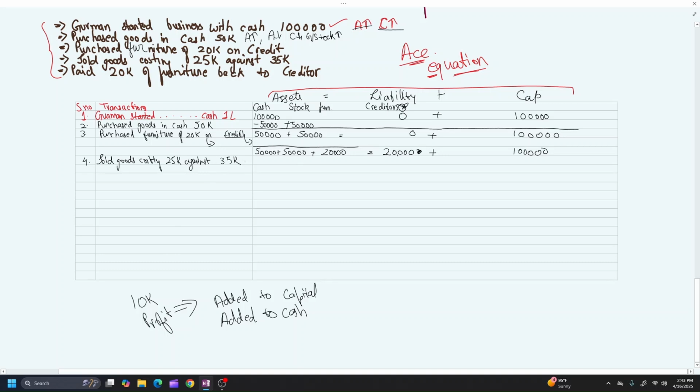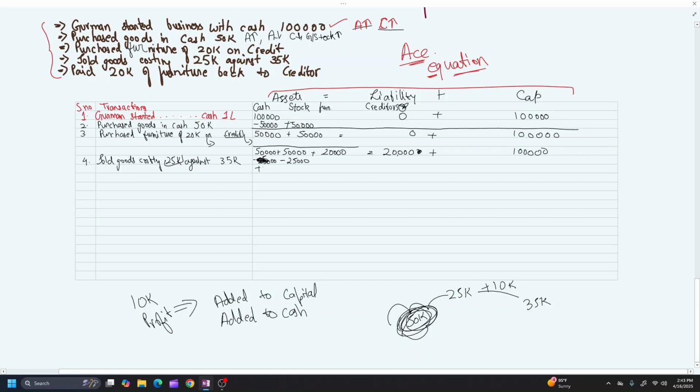But here the thing comes that for selling goods costing 25k, first you bought goods of 25k, right? So from here 25,000 minus. Wait, I'm so sorry. We already have stock, right? So from stock, 25,000 minus. How? Because you have goods of 50k. Out of that you sold goods of 25k for 35k, making a profit of 10k. So you will decrease it from your stock